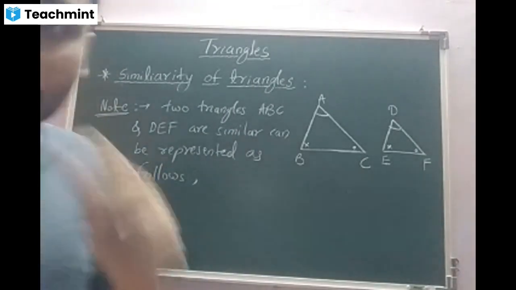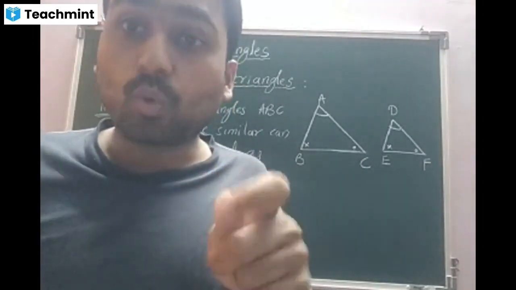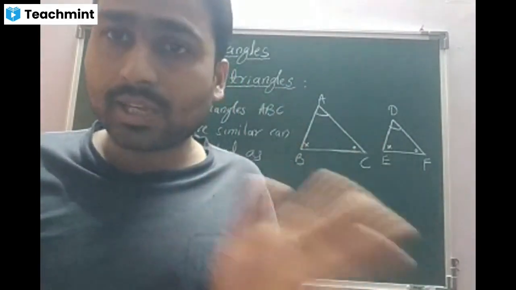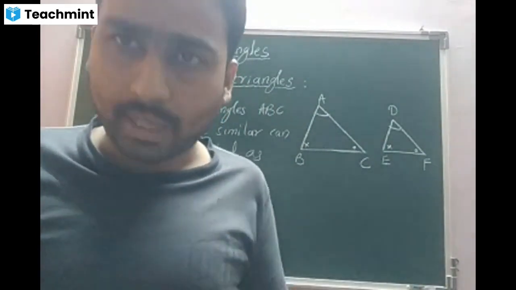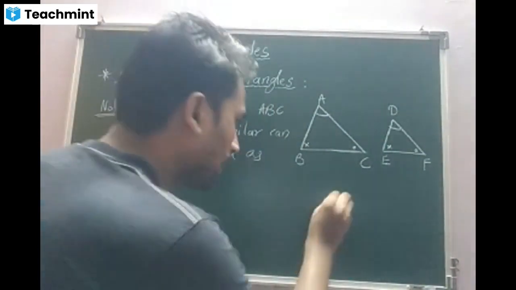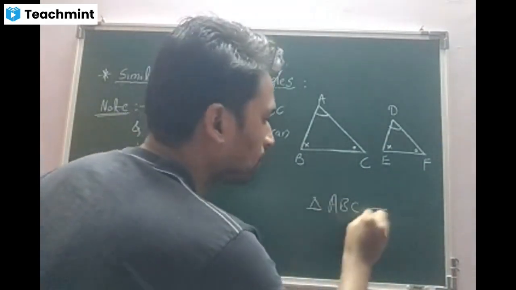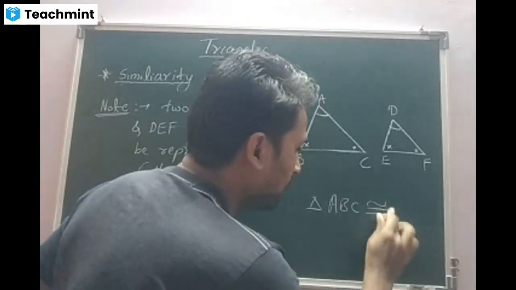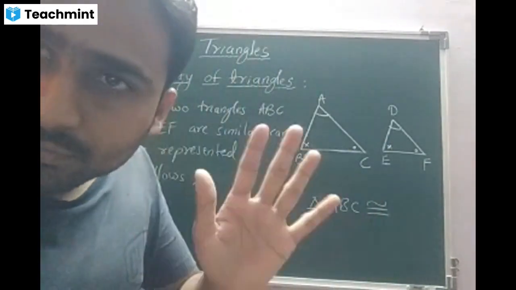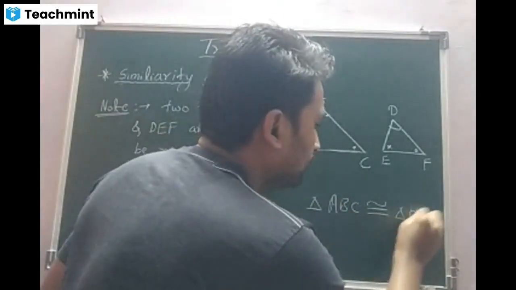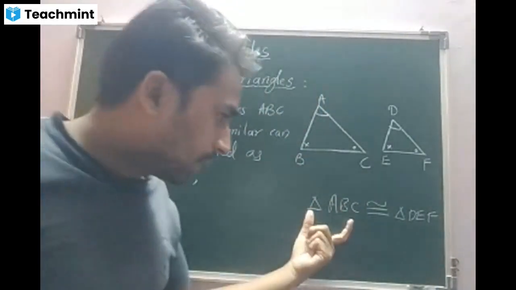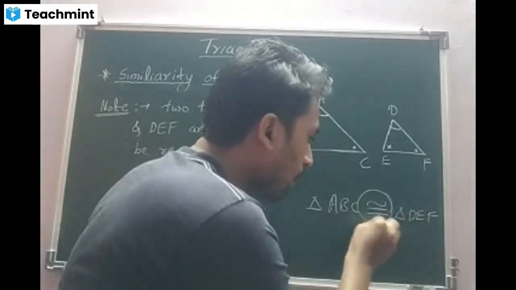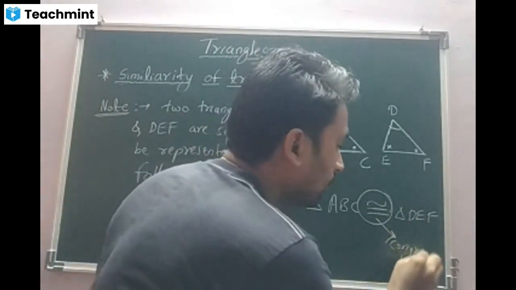But always in mathematics we will use the symbol, the notation. Say for example, triangle ABC congruent to triangle DEF. We will not say congruent every time. There is a symbol. What is the symbol, beta? Congruent means 2 equal signs you will keep and the curved line like this. Am I right, beta? Triangle DEF. The meaning is triangle ABC is congruent to triangle DEF. So this is a notation for congruency.